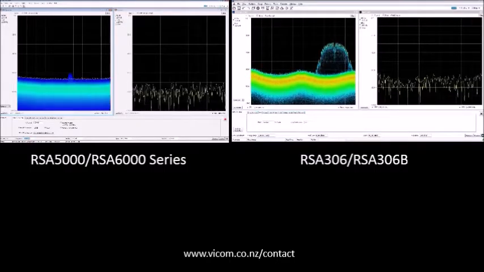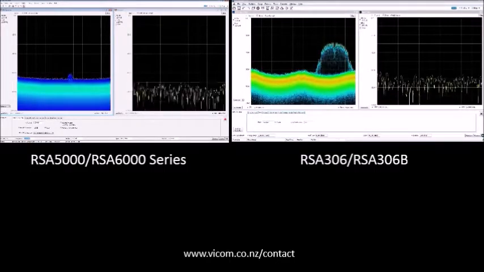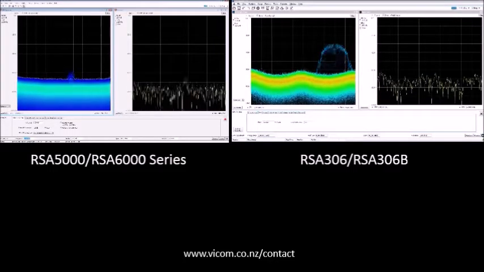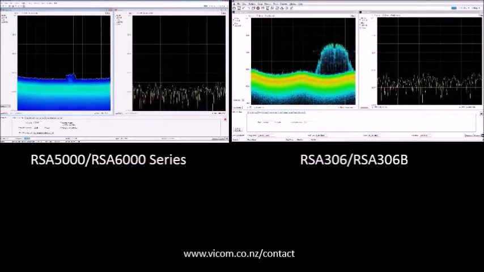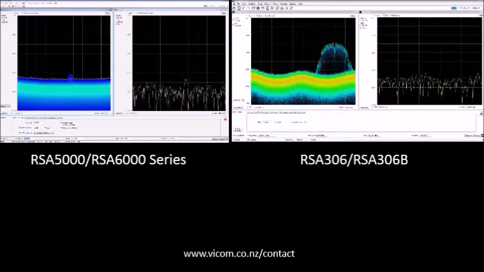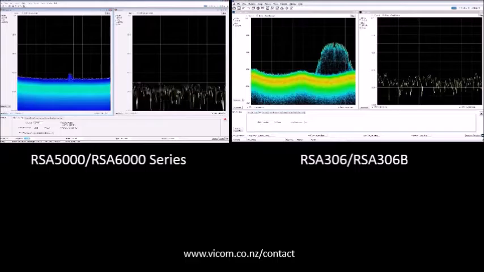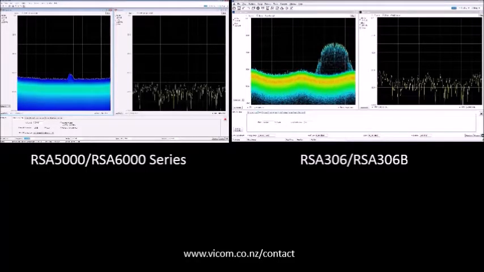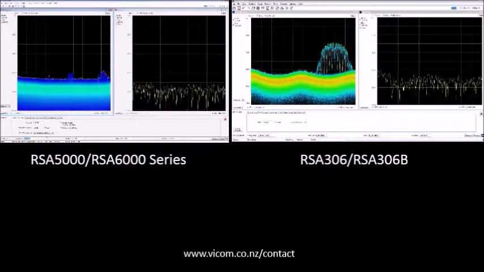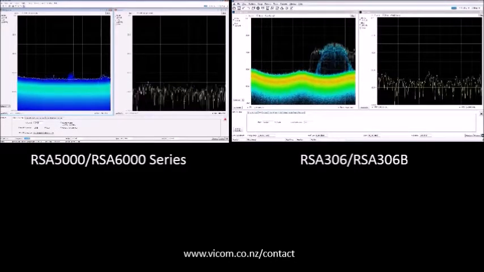2.44 gig, thank you very much. You've seen the settings here, and one of the reasons it looks like this is because of one thing. It's that the RSA306 is in my desk, and the 5000 is actually in the basement, so the reception is not the same. But if you look at it, the lively feeling is probably the same,